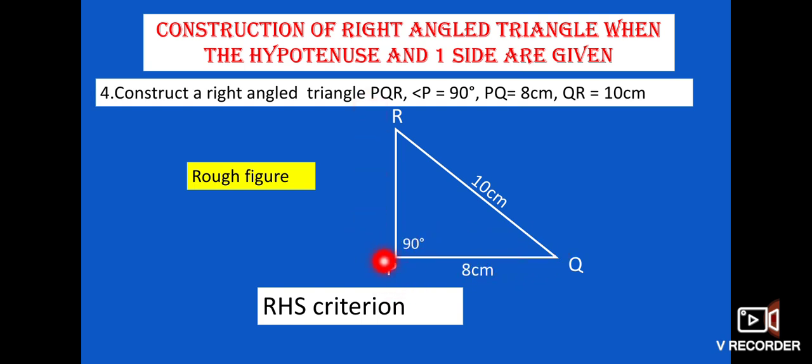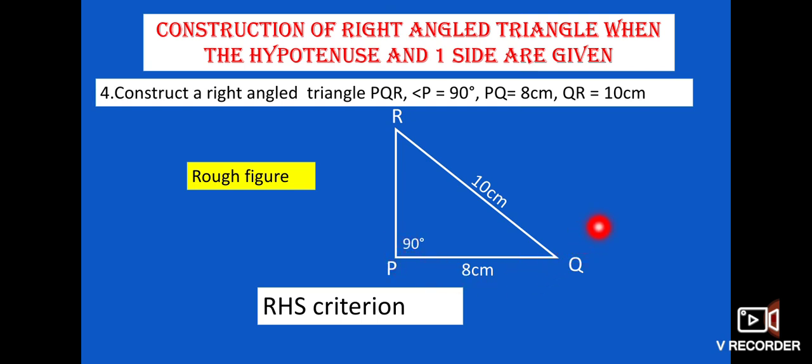For this, you take your scale and measure 8 centimeter. Then draw a line segment by using your scale and pencil. Just put the points P and Q, 8 centimeter apart. Next, you take your protractor. Then put the protractor at P. Then mark 90 degree and draw a long line through 90 degree. Mark here a 90 degree point. Then draw a long line through that point.